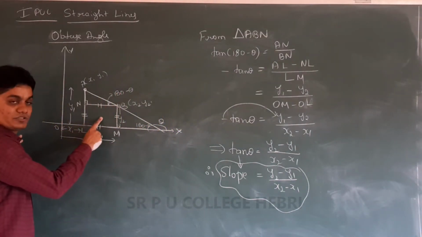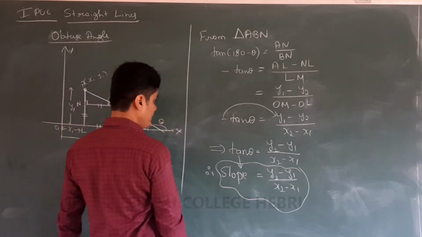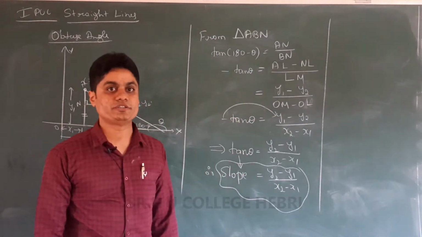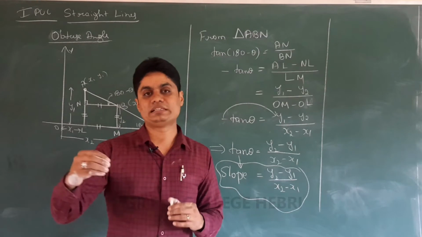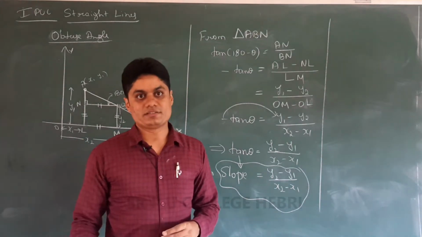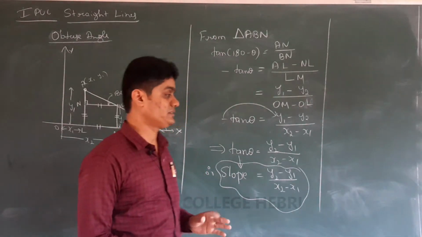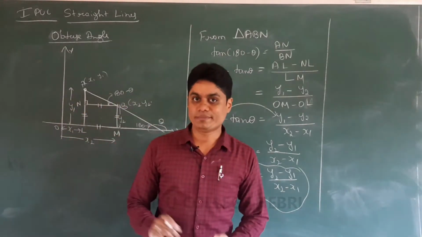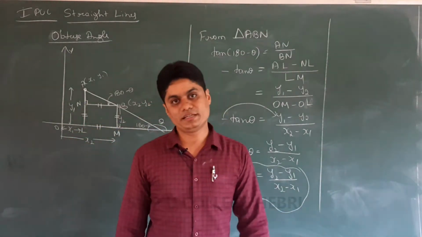You saw the diagram work, so the diagram is clear, so that is the explanation here. You may get an exam question like: find the slope of the line joining 2 points for acute angle and obtuse angle. Or even if the question is asked for 5 marks, find the slope of the line joining 2 points, you should write this as well as the previous one. So totally, remember the slope of the line joining 2 points is y2 minus y1 by x2 minus x1.